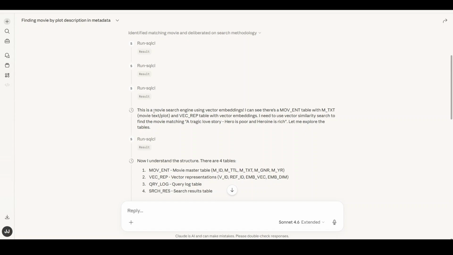And from there, it has identified that we are using vector embeddings, and then it was able to see a particular table where the movie's text and the plot are present, and then another table where the vector embeddings of that particular movie is present. And it was able to deduce in a perfect way that it needs to use a vector similarity search to